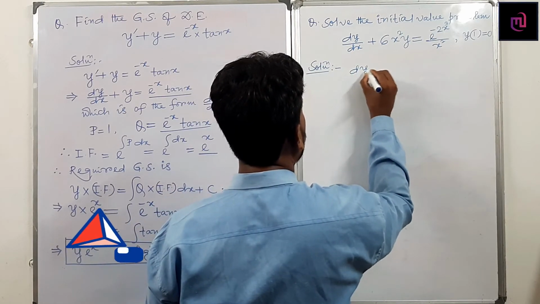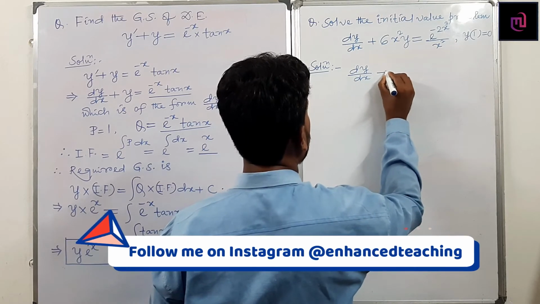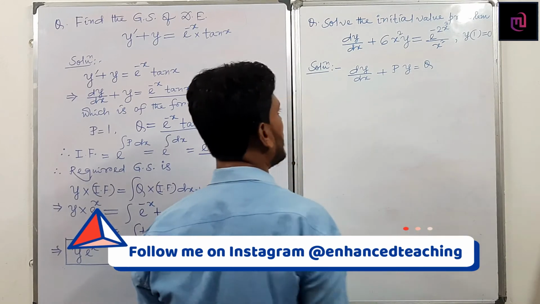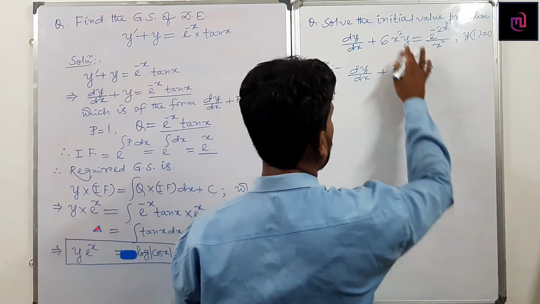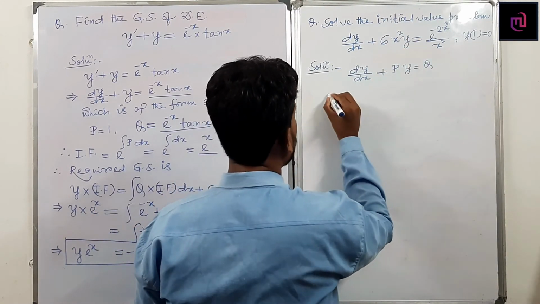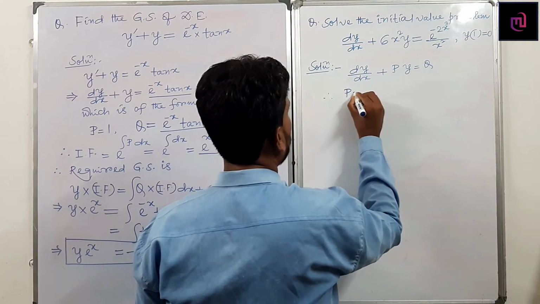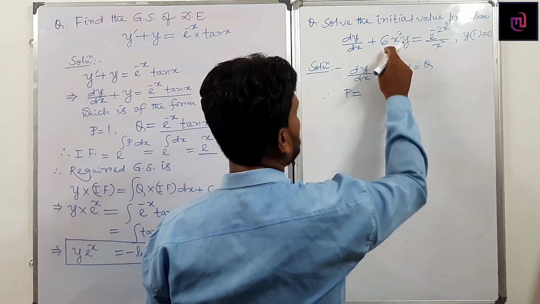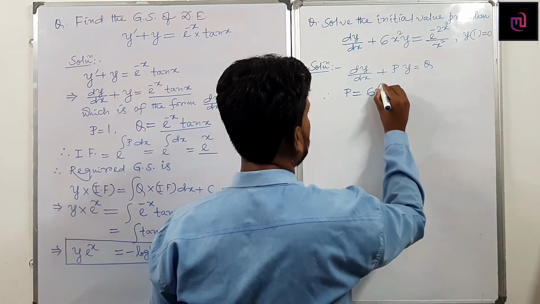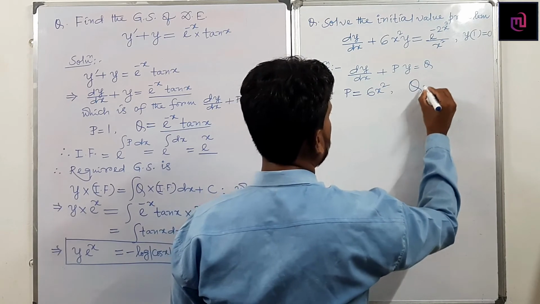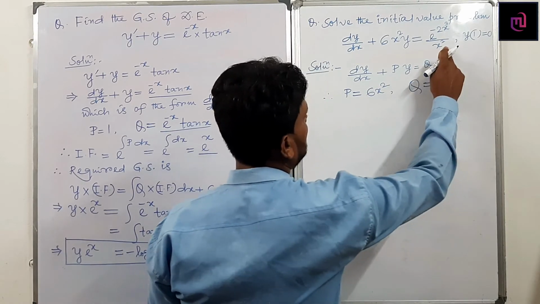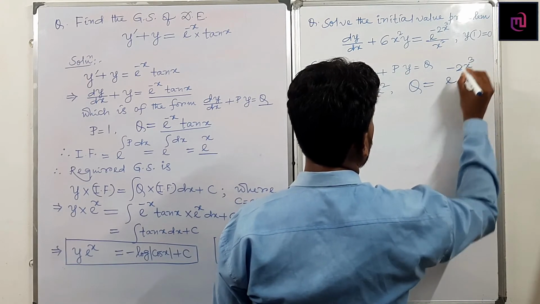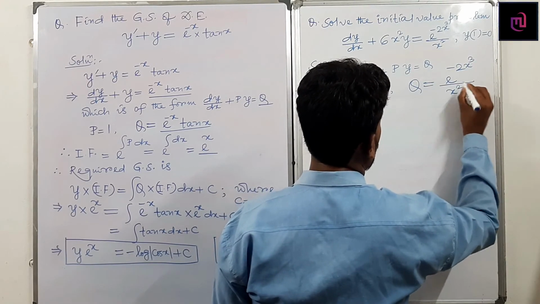dy by dx plus p of y equals q, where p and q are functions of x or constant. So you have to compare this equation and this equation. You must get what is p. P becomes the coefficient of y. Here the coefficient of y becomes 6x square. What is q? The right hand side becomes q. Here it is q, here it is q. So can I write e to the power minus 2x cube whole divided by x square.